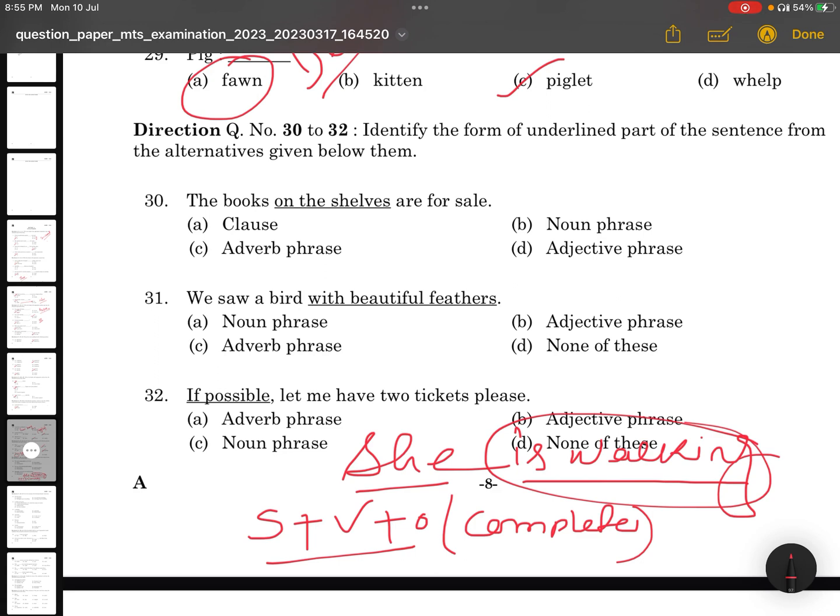A phrase is a part of a sentence which sometimes contains a verb, sometimes prepositions, adjectives, adverbs, whatever it is, but it never gives a complete sensible meaning. It is always a part of a sentence, but not a sentence. A sentence always gives you a complete sensible meaning, containing the verb, subject, and object. I hope that much is clear.